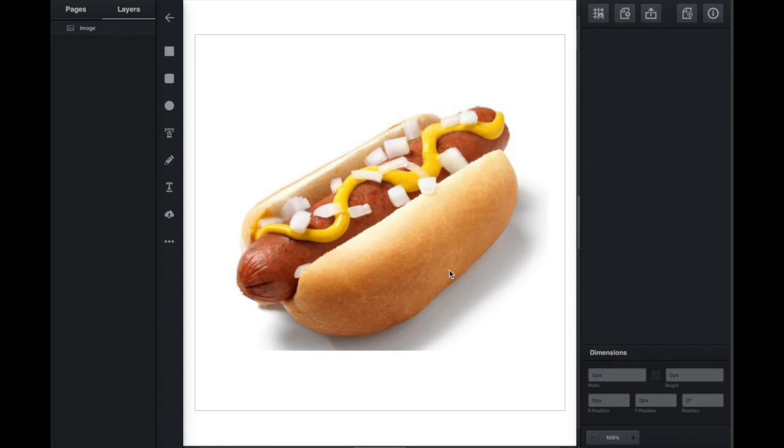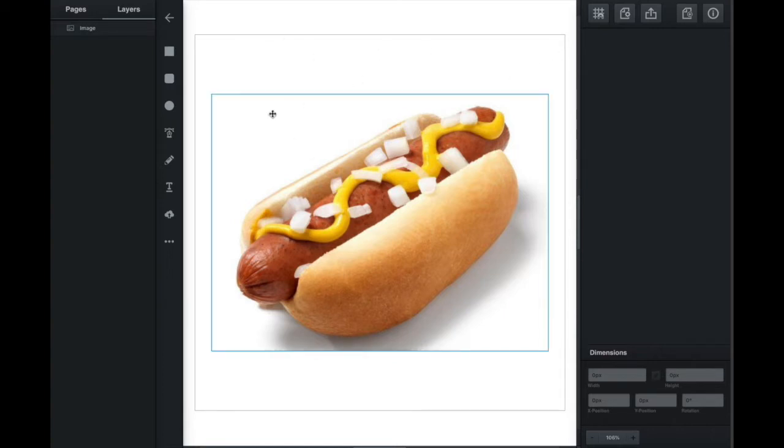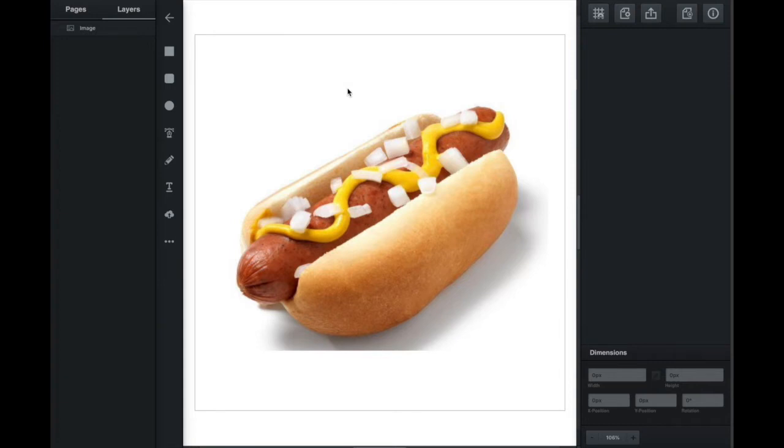In today's video, we'll be using Vectr to create a realistic or semi-realistic looking food item. For our demonstration today, I have a hot dog here, which I brought in from the internet. I would suggest doing the same thing or drawing one up so that you can upload it into your Vectr website. Again, we're using Vectr,